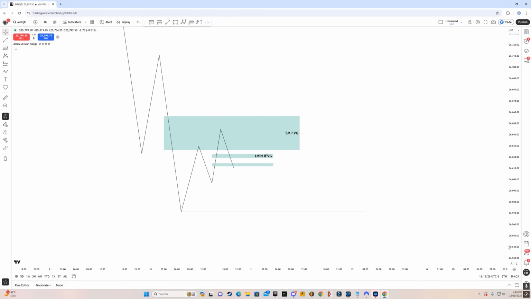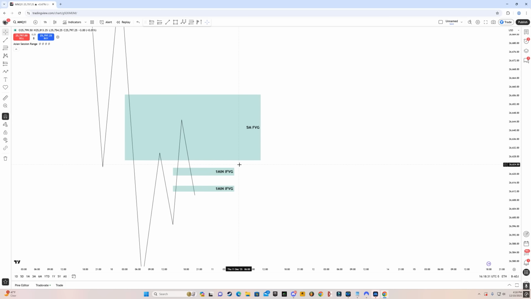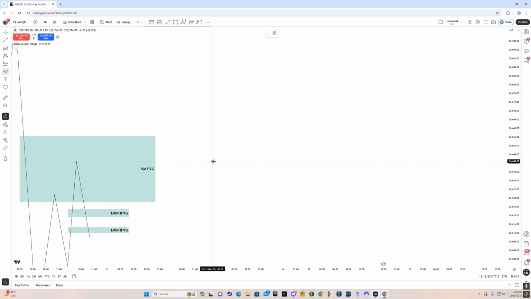Now, when price is inversing these gaps, I want to see a V-shape recovery. What I mean by this is this type of behavior where price goes up, taps into the fair value gap, and then we get continuous bearish candles that inverse the fair value gap. Okay, I don't want to see price do something like this where it just consolidates like this and then it inverses. Well, that leaves behind buy side liquidity, and then we want to avoid that setup most of the time.